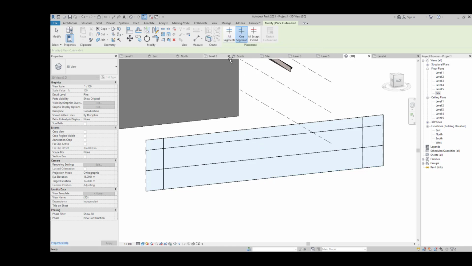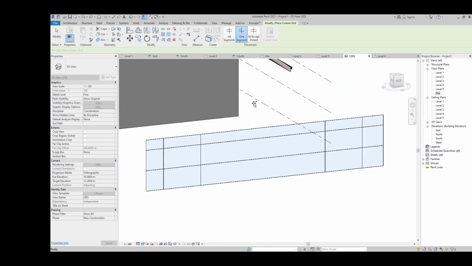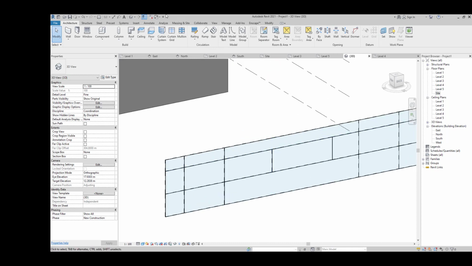Or one segment: if you choose one, it's going to create in the small place which you created. For example, if I go here and create these two spaces with one segment, and if I create all segments, it's going to consider all the panels, but if you choose one, it's going to consider the inside of your segment. So for example, you can use this for one, here and here. After creating your segments as you wish, as you have a design for that, the next step is to